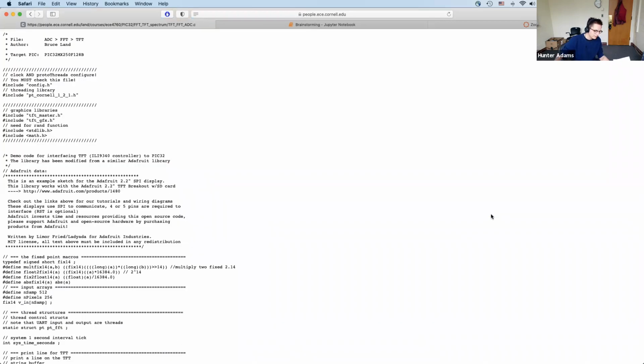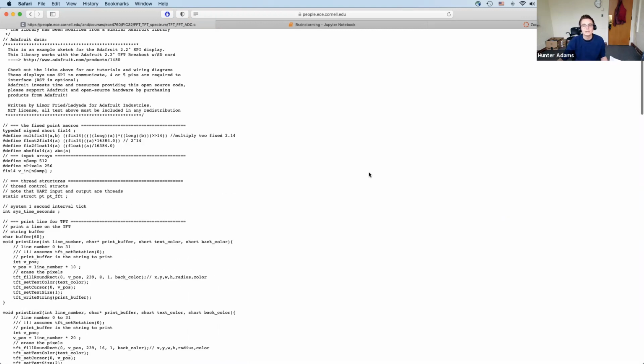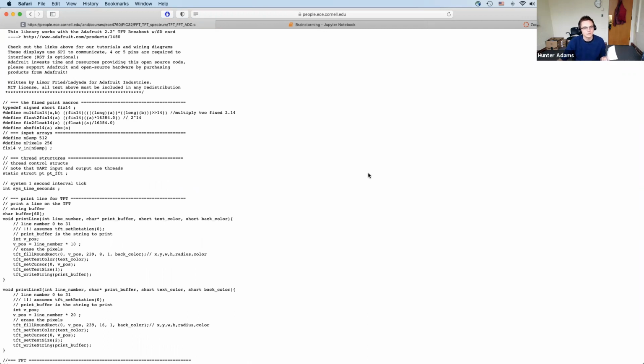What I wanted to point out is that in this lab, there are a couple of different examples that you will have to start with and combine, and each one has a particular thing that is of relevance, and the rest of it is less relevant. The thing of relevance in this example really is the implementation of that FFT function. So you can see how that works in this example. Keep in mind that in this example,